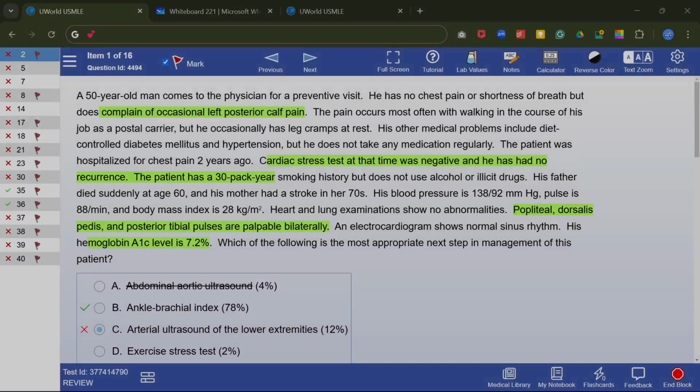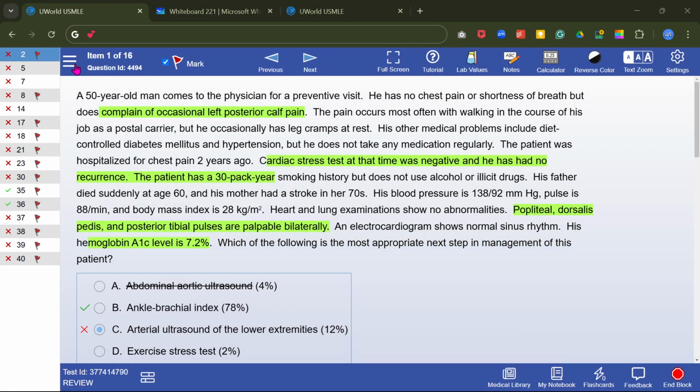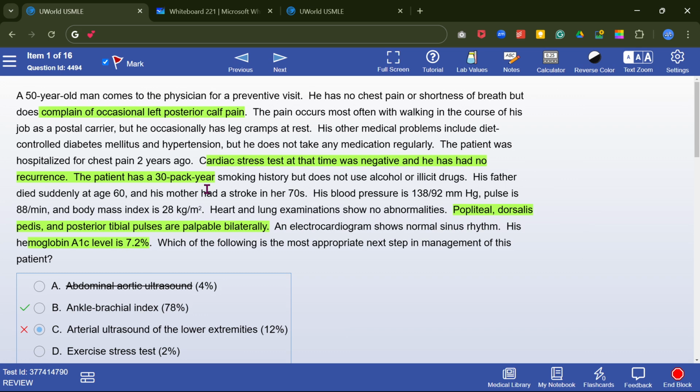Hope you enjoy it. Okay, start with this question. This 50-year-old man comes to you with the complaint of left posterior calf pain. The pain occurs most often with walking in the course of his job as a postal carrier, but he occasionally has cramps at rest. He has hypertension, diabetes,